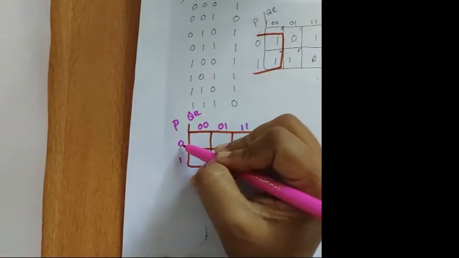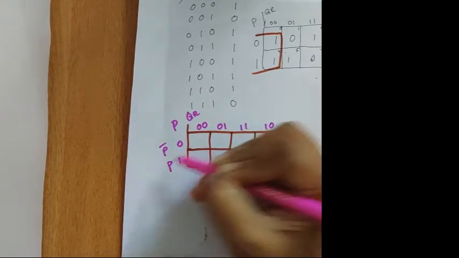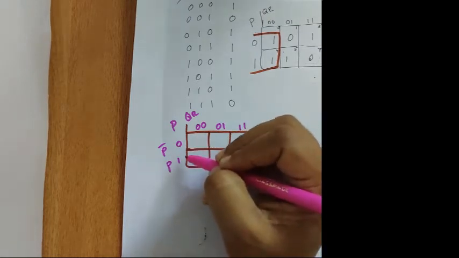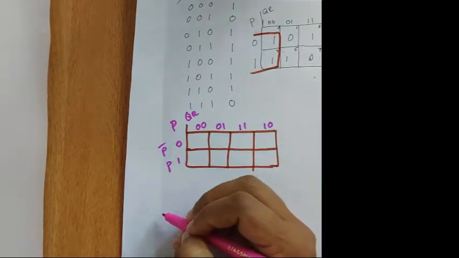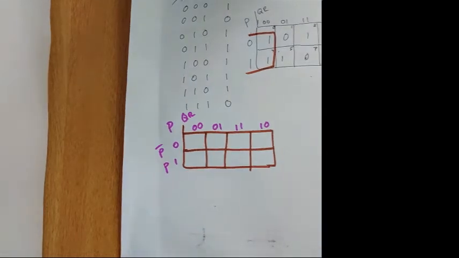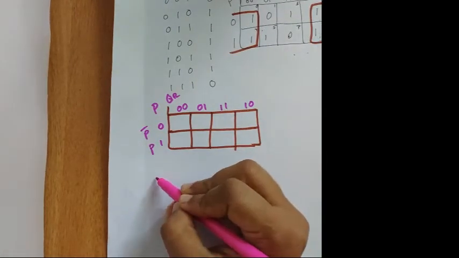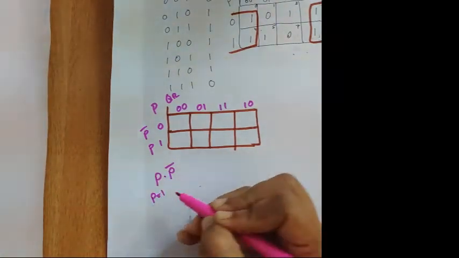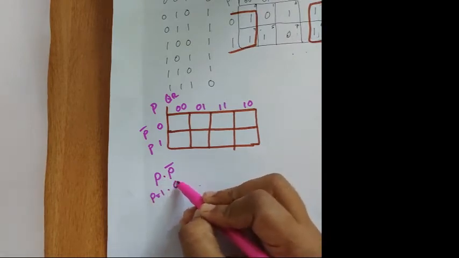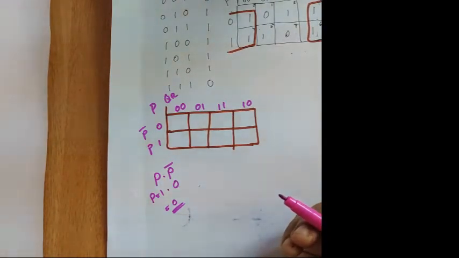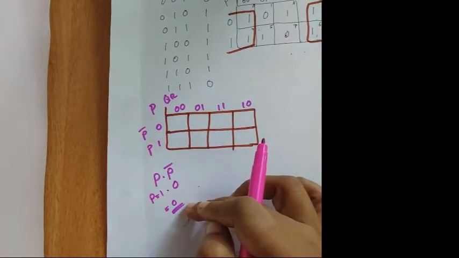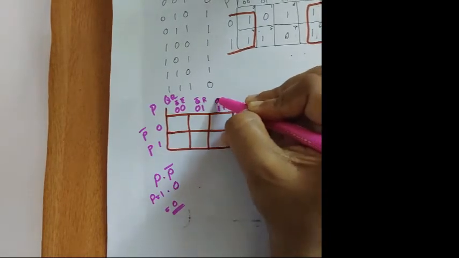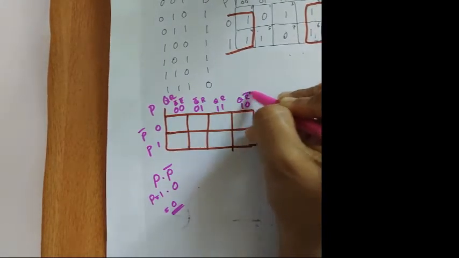So that means what is P? P bar, and this is P. So you can multiply this. So multiplying, what will you get? When you are multiplying the data, that means P into P bar. Suppose P is equal to 1. So 1 into P bar means 0. 1 into 0 is 0, so you can't take that statement. So this will be Q bar R bar, Q bar R, Q R, Q R bar.